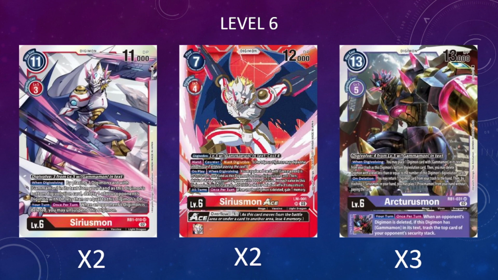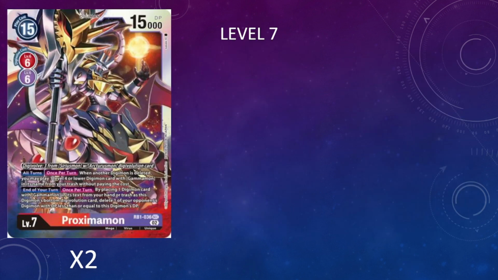ability becomes, which feeds into his secondary ability, where during all turns once per turn, when another Digimon is deleted, doesn't even specify if it needs to be ours or the opponent's, then we get to gain 1 memory, helping with our overall tempo. And then to cap things off with the level 7s, I'm just going to be running